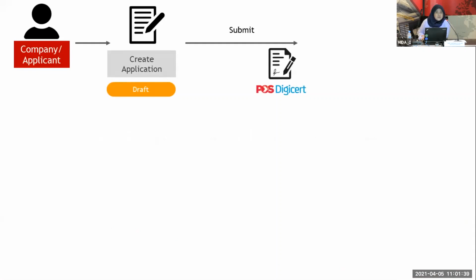This is where we integrate with Pos Digicert for the digital signature. The authorized person that you keyed in earlier in the company profile is selected in the last section of the application form, which we call the declaration section. Once you click on the submit button, we will integrate with Pos Digicert to verify your digital certificate.